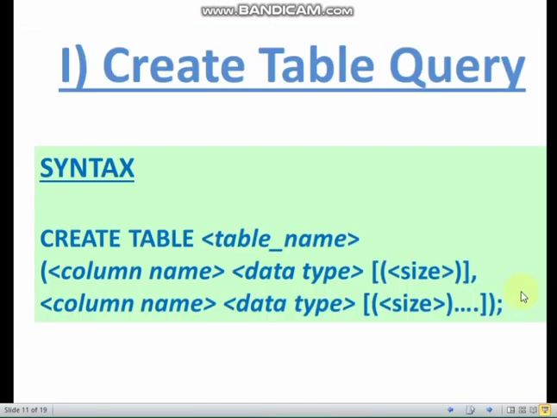So first of all, let us see. For creating a table, that means once you are inside a database, you have created a database, you have given the command use database name. After doing this, you have to create the table. So what you will do? You will write the syntax as create table.